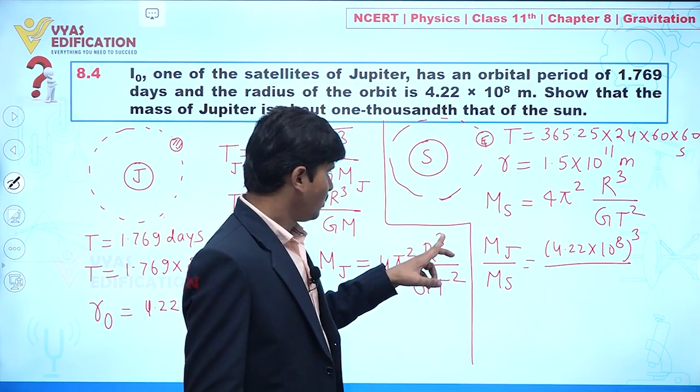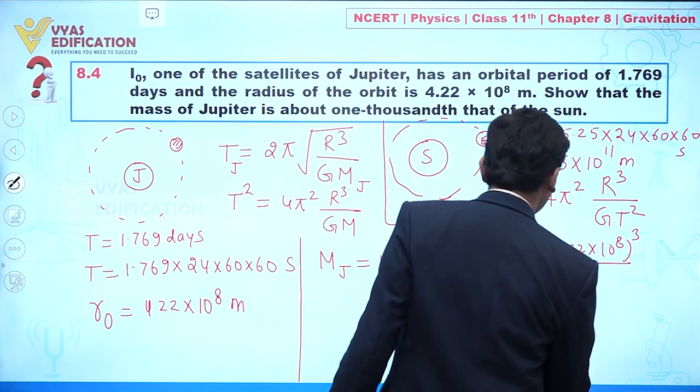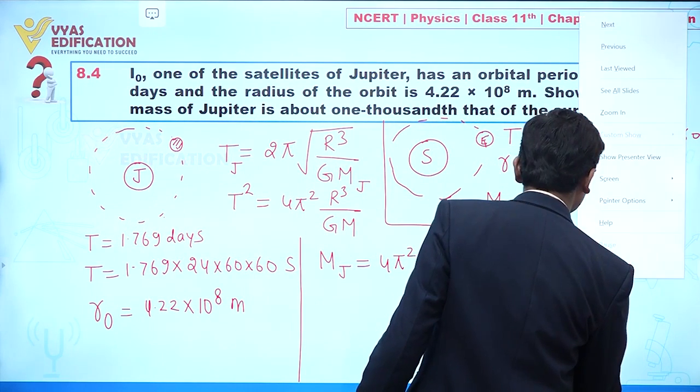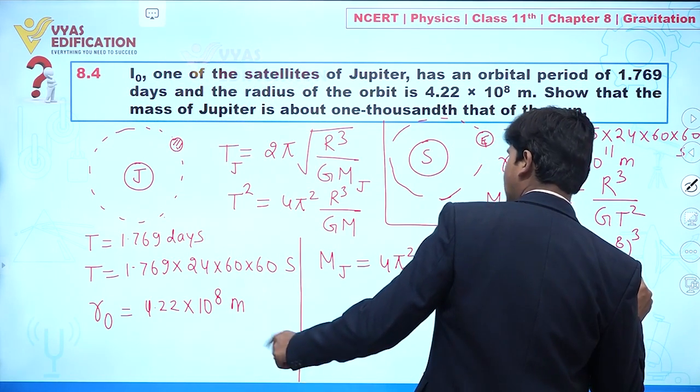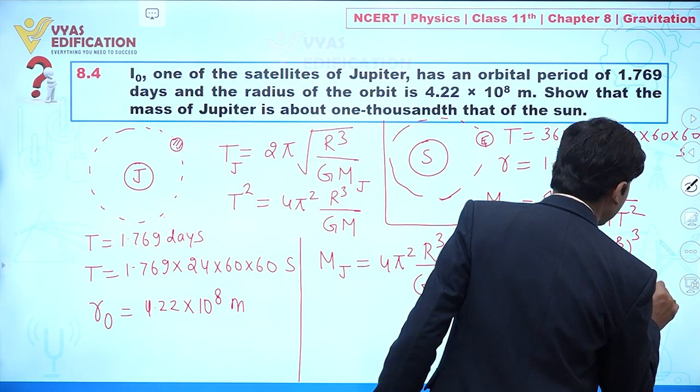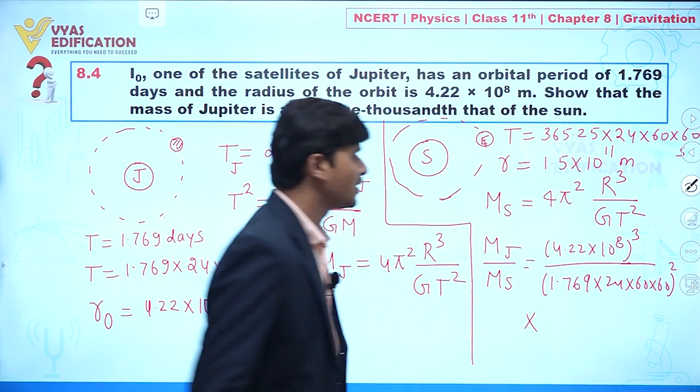First we will write the time period square. The time period is 1.769 into 24 into 60 into 60, and this whole squared, multiplied with